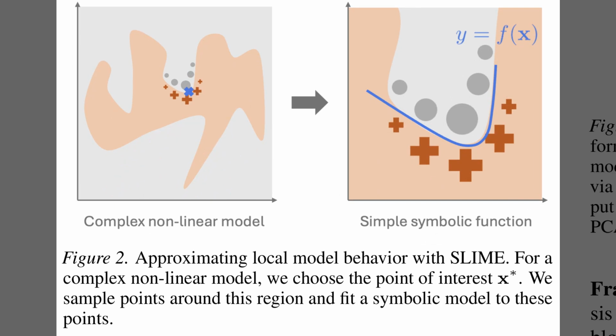So while Figure 1 outlined the global pipeline, Figure 2 illustrates a local interpretation method called SLIME. On the left, we see a complex nonlinear model where the decision boundary, shown in orange, is too irregular to capture with a single equation. To explain a specific prediction, the framework focuses on a point of interest, marked with a blue cross, and samples the model's behavior in that immediate neighborhood. Then, as the right panel demonstrates, it fits a simple symbolic function, represented by the smooth blue curve, that locally approximates the complex boundary. This allows users to derive exact mathematical explanations for individual decisions without needing to simplify the